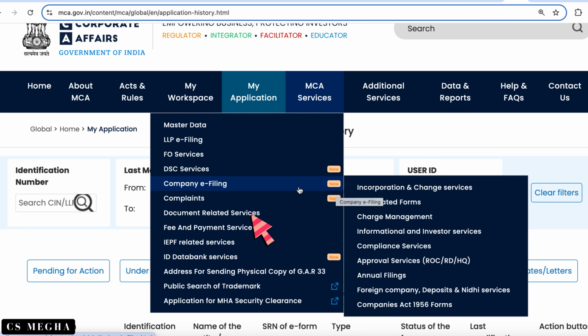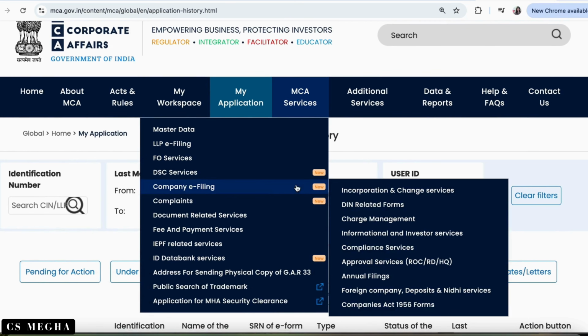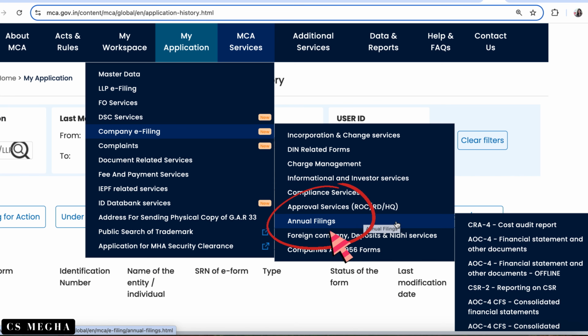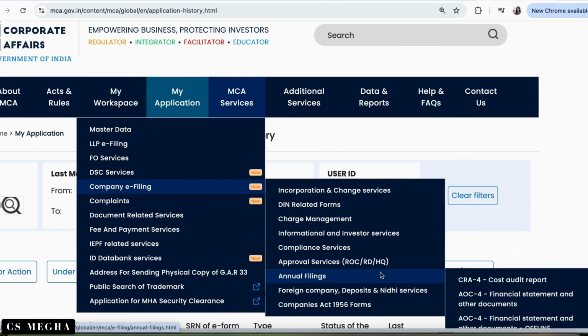After clicking company e-filing, we'll go to annual filings. After clicking annual filings, we will go to AOC4 offline.